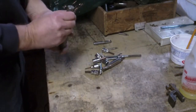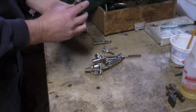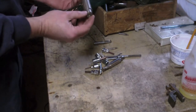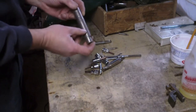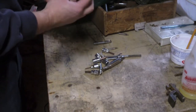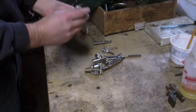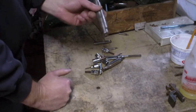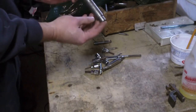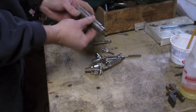First, let me talk about this. This wasn't on that table. This was actually on a shelf with some other stuff. And I took a quick look at it and I said, I think that's a mandrel. So I asked to borrow a micrometer, and I mic'd it, and sure enough, it's a mandrel. So that's one less thing I have to make. If I've got something I want to turn the OD of on the lathe, I can put this mandrel between centers,